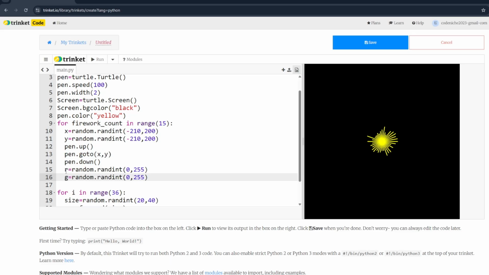So that's the same thing happening over here. This red R represents the red color whose intensity can be from 0 to 255, which means if the intensity of red goes towards 255, we will get a lighter shade of red, whereas if the intensity of red is close to 0, we will get a darker shade of red.